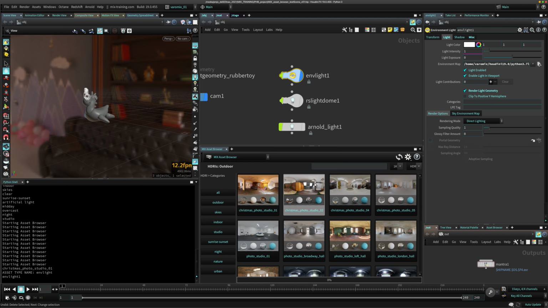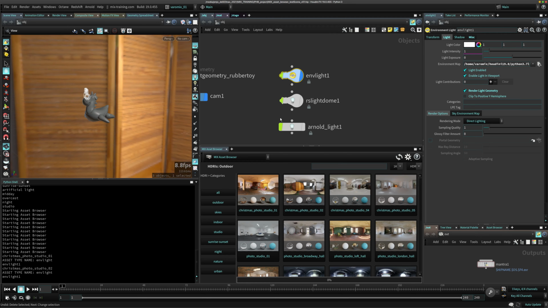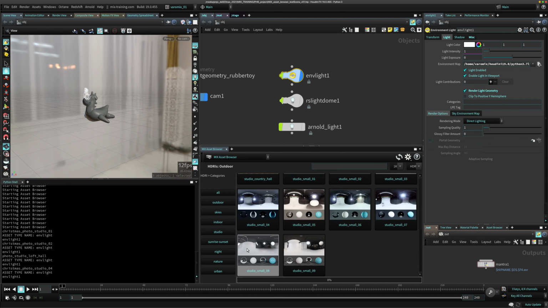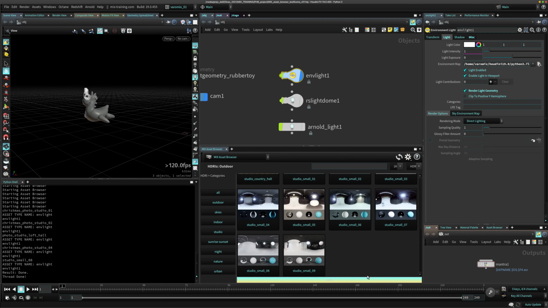And if I click another one, you can see also that is doing it pretty fast, because the script is also checking if this file is already being downloaded. And if it is, it just assigns the file really quickly instead of downloading it. You can see there's no downloading activity here at the bottom. Most of them I already downloaded, but if I click maybe this one, yeah, you can see that one got